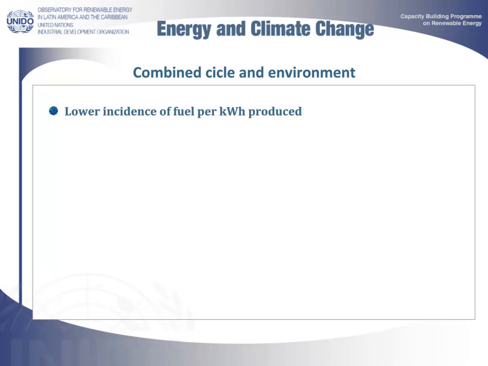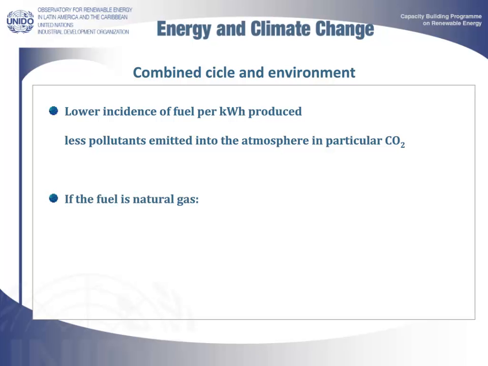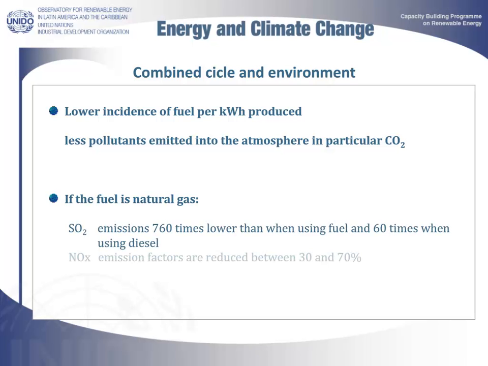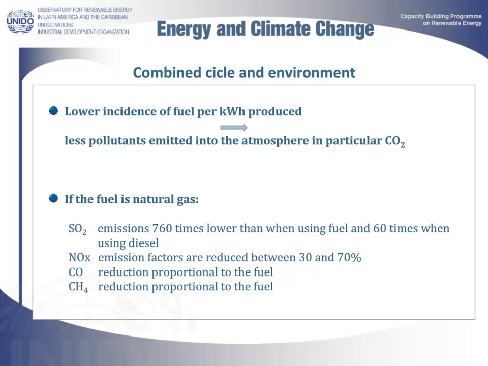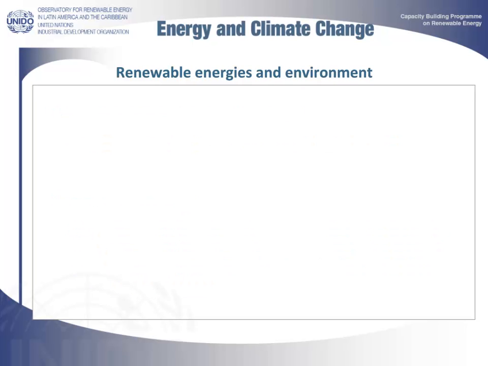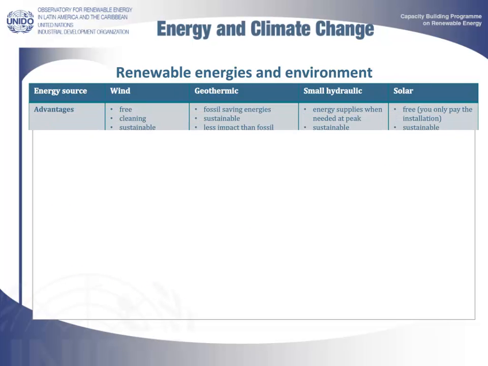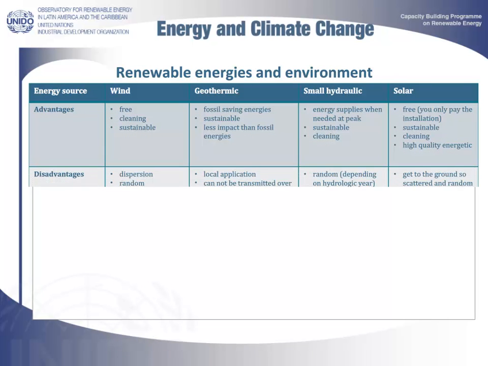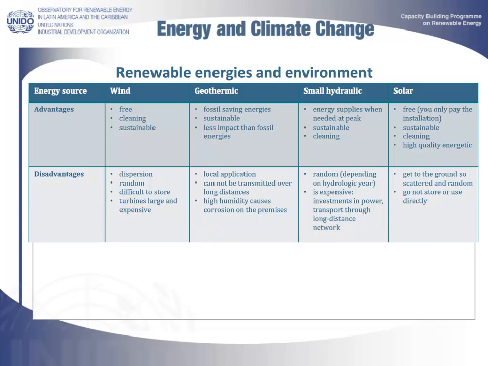However, combined cycles have less impact on the environment because the amount of fuel required per kilowatt-hour produced is reduced, resulting in a reduction of polluting emissions, that is, sulfur oxides, nitrogen oxides, carbon dioxide, and methane. Renewable energies have a reduced impact or even no impact at all on the environment with respect to the use